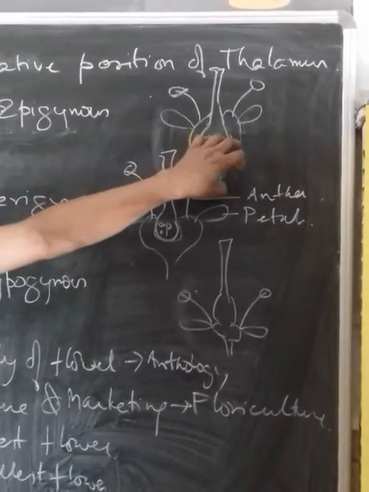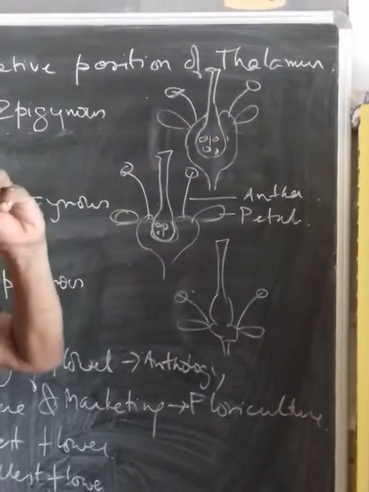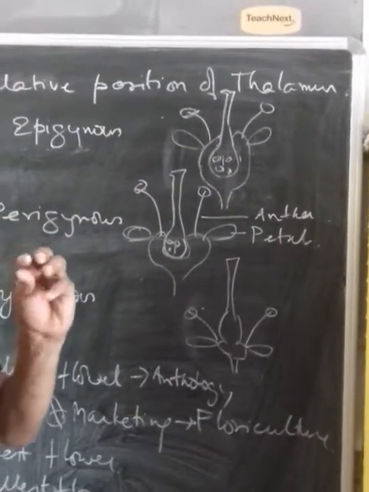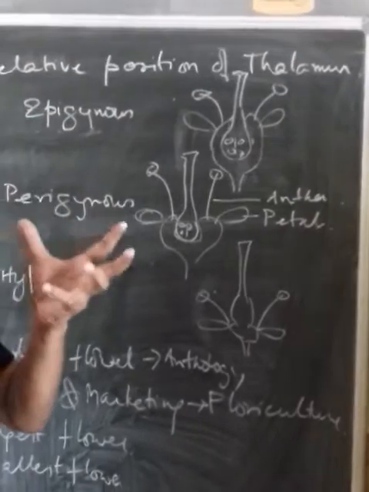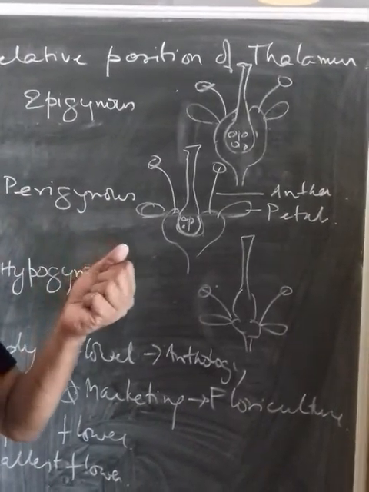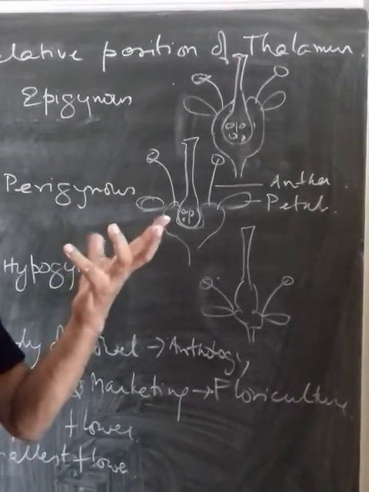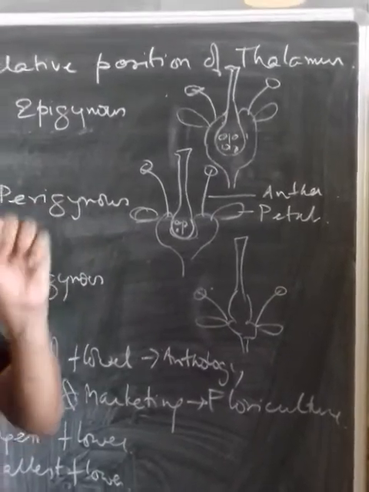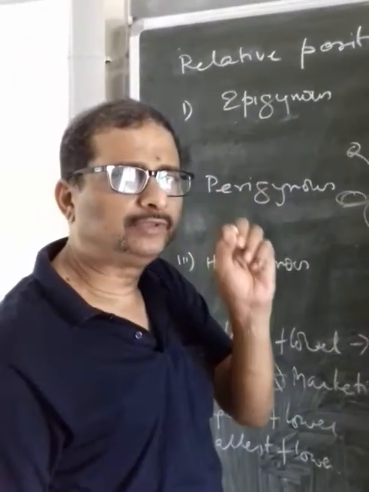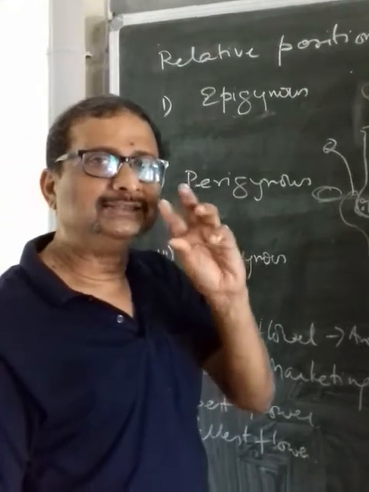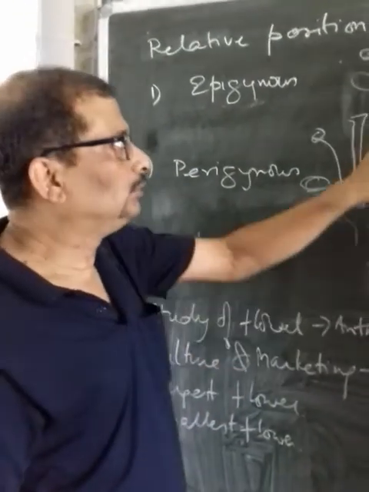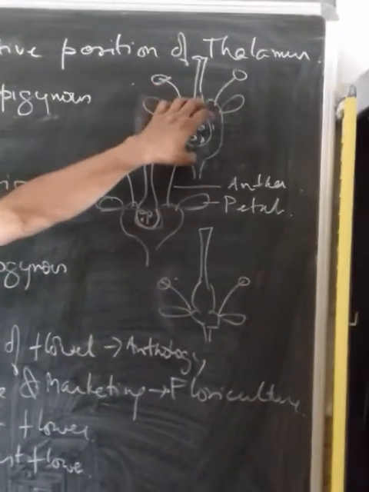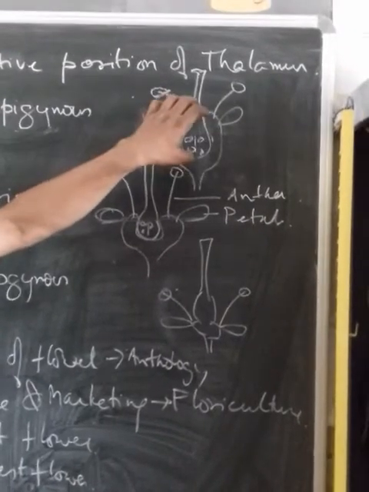Like in the case of apple and pear, you will see the ovary is inside the fruit, and the edible part of the fruit in apple or pear is the thalamus. We eat the thalamus, that is the swollen portion, and inside the apple there is a small seed covered by a thin membranous sheath, that is actually the ovary. So usually the epigynous flower gives rise to the false fruit.